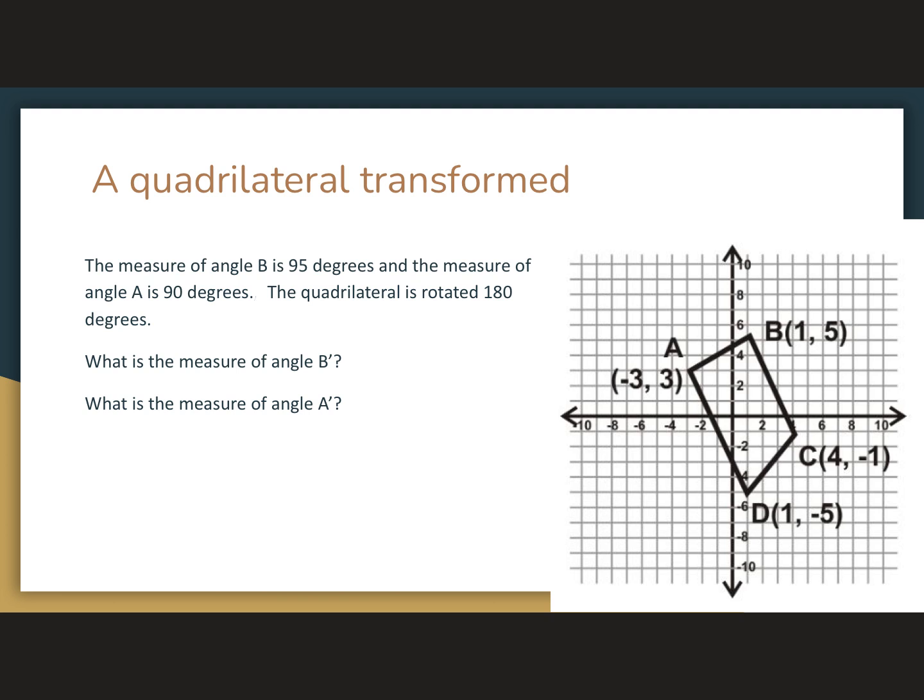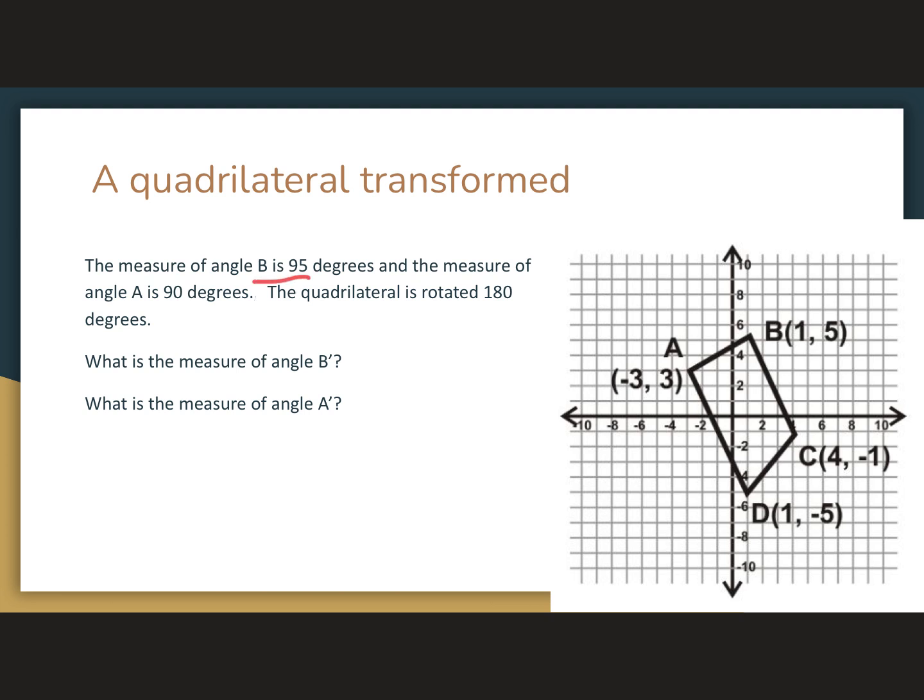So let's look at this. A quadrilateral transformed. A quadrilateral is just a four-sided shape. So we've got this wonderful image over here of a quadrilateral. And we are told the measure of angle B is 95 degrees. The measure of angle A is 90 degrees. The quadrilateral is rotated 180 degrees. So what I know right now is